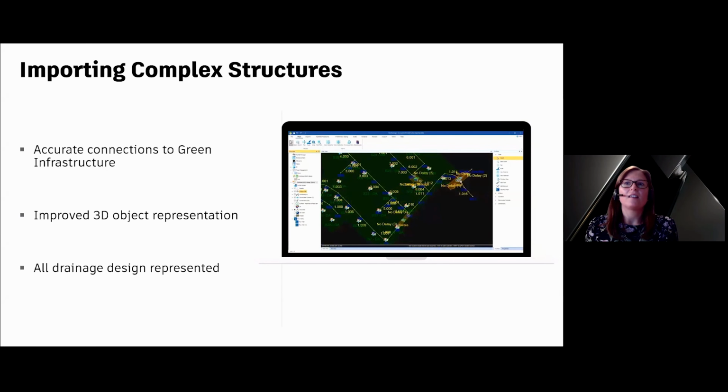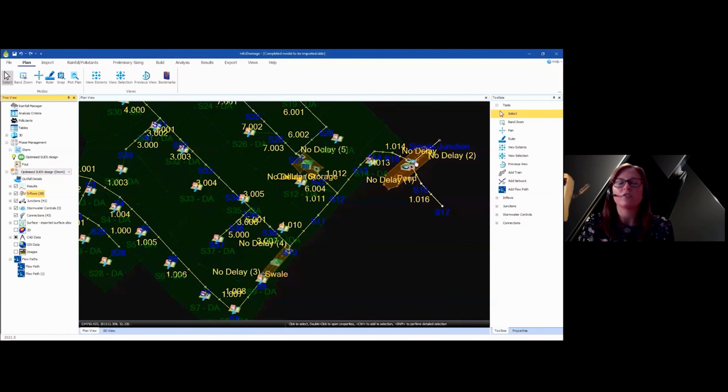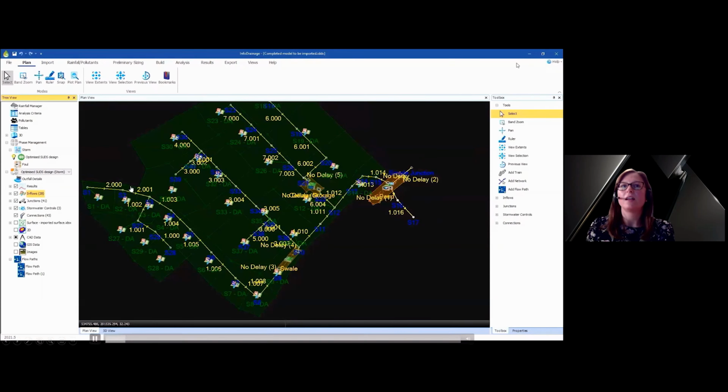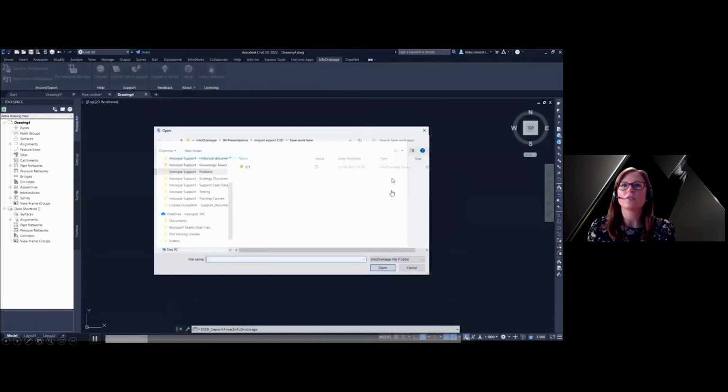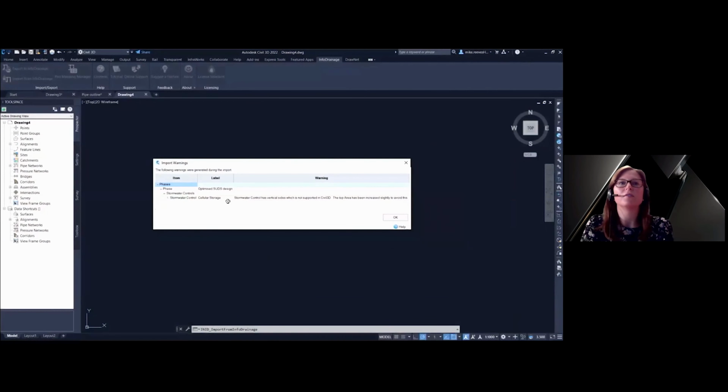So looking at some of these complex structures in a bit more detail when they're imported, this example here includes a few no delay connections connecting the manholes to the pond, and also includes multiple green infrastructure elements.